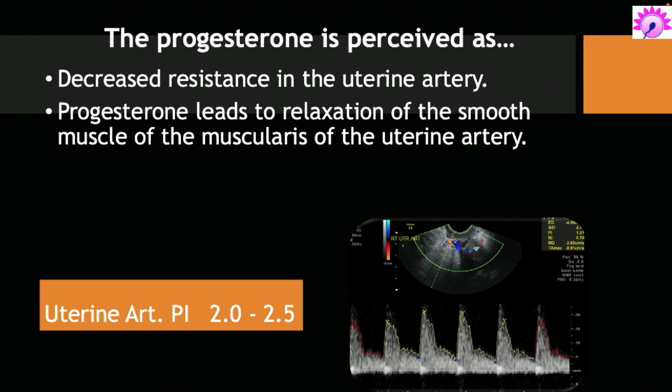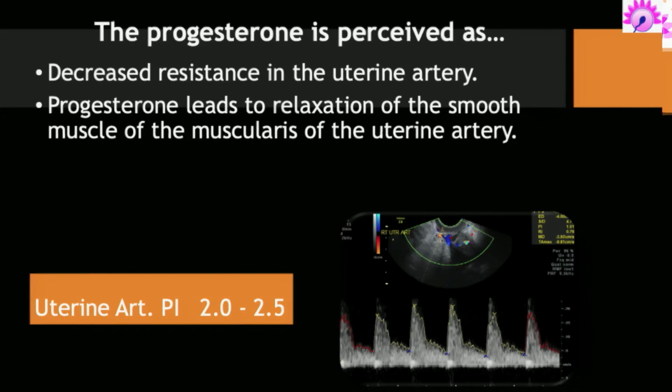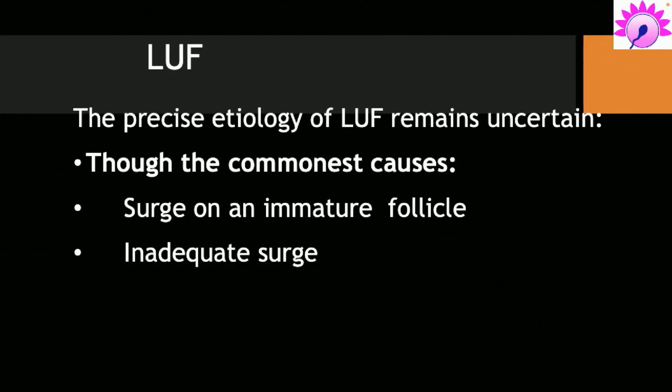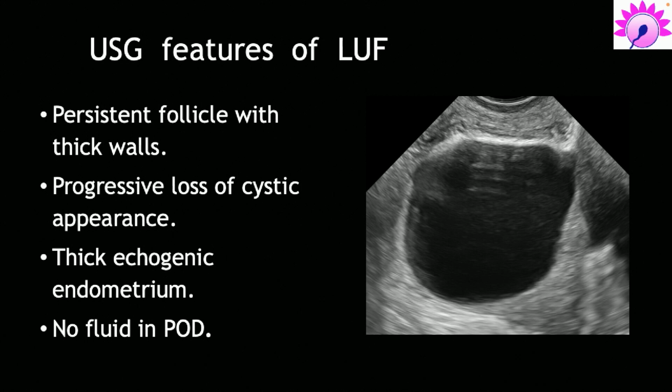So if that is a normal luteal phase, what would be the abnormalities of the luteal phase and how would that be diagnosed? We know that the abnormalities of the luteal phase are luteinized unruptured follicle and luteal phase defect. If I say luteinized unruptured follicle, as we have discussed earlier, this is a quick repetition, that it will develop as a result of a surge on an inadequately or suboptimally mature follicle, or it may be because of